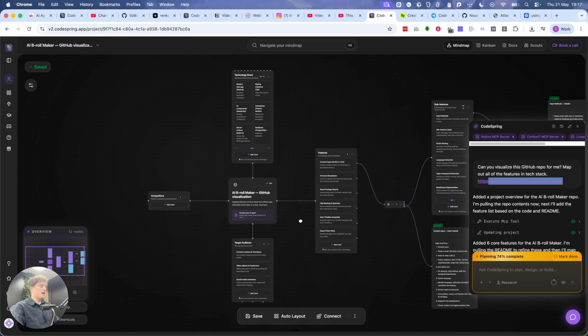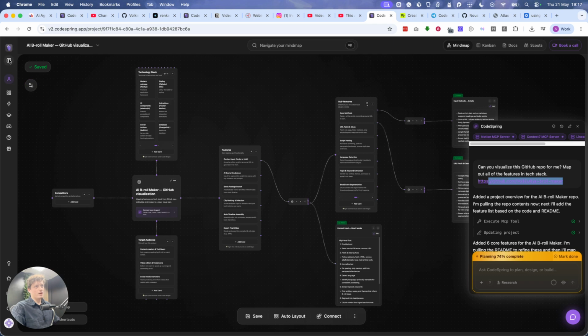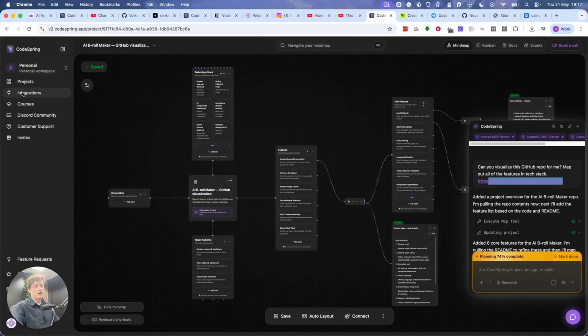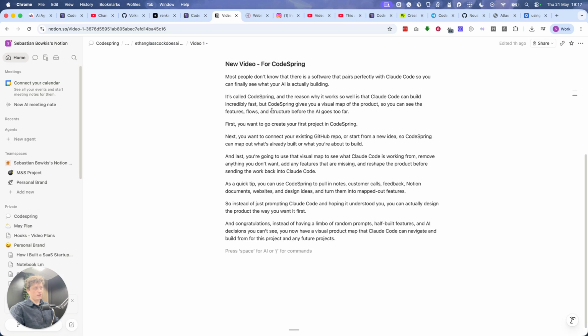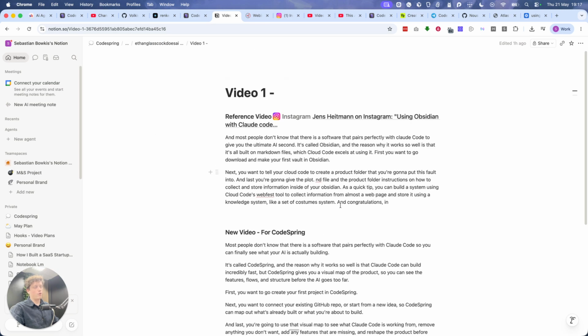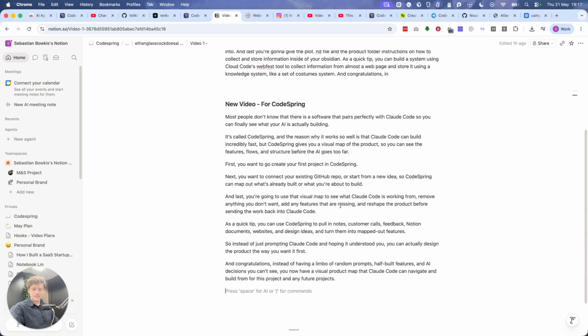So this is the canvas for visualization, and I'll walk through what you can see in here as well. But before we do that, I'm just going to go through everything else. We have integrations as well. If you come to integrations, this allows you to connect various different software to CodeSpring. For example, you can see I have Notion connected to my CodeSpring account, which means, for example, if I have information inside here for apps that I've started planning, or if there's ideas that I have for building apps,